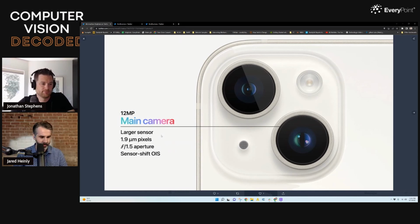Yeah, so sensor size. The process of capturing a photo is all about capturing light, and so when I want to take that photo, the more light that I'm able to capture, the higher quality that photo is going to be. If I have a really tiny image sensor, there's a very small amount of light that's going to come in and actually hit that sensor, which then means my photo might have some more noise in it. The overall quality is not going to be as good compared to a much larger sensor. Physically, there's more light, more individual photons hitting that sensor, and so it's able to get a better